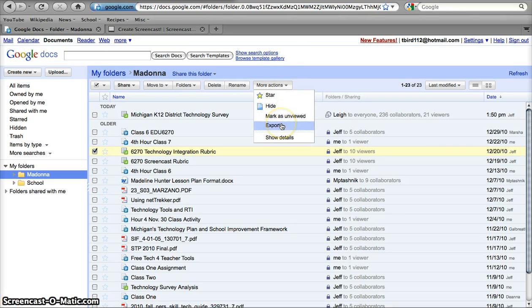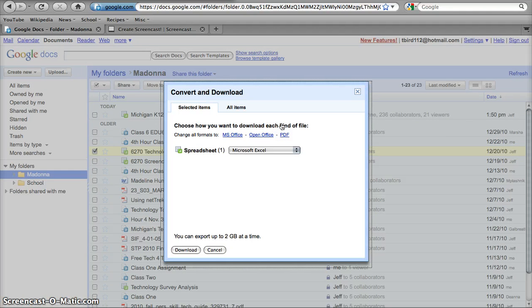And if I drag down to where it says Export and I hit Export, in this case, since it's a spreadsheet, I can download it as a spreadsheet to Microsoft Excel. I can also save it as a PDF, or I can choose not to download, or I can open as an Office spreadsheet. What I would suggest is just a Microsoft Excel document. If you click download on that,